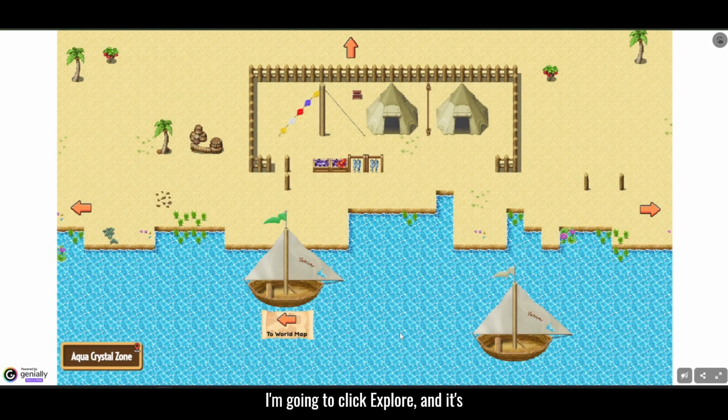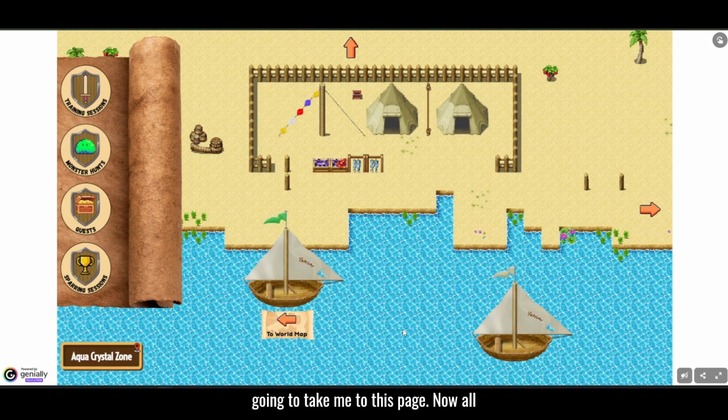I'm going to click Explore, and it's going to take me to this page. Now all these various arrows to other places are more just for flavor and exploration, but over here is where we will find the actual sections that we need to go to. We use the same terms that we used last year for this class if you've taken it before, but essentially